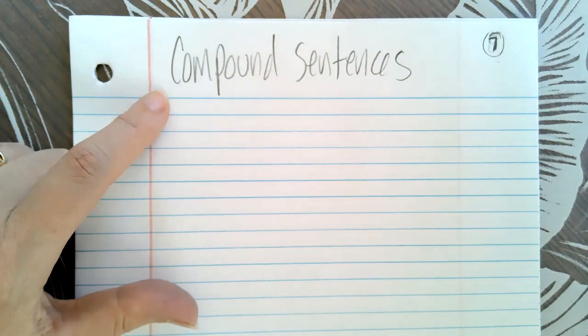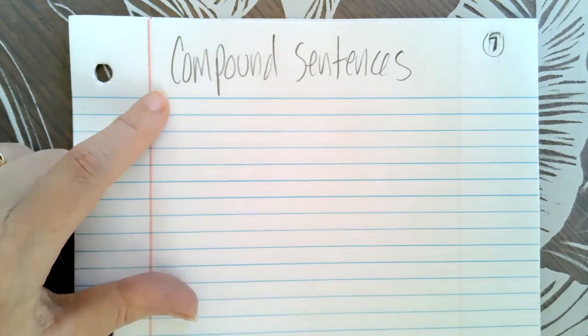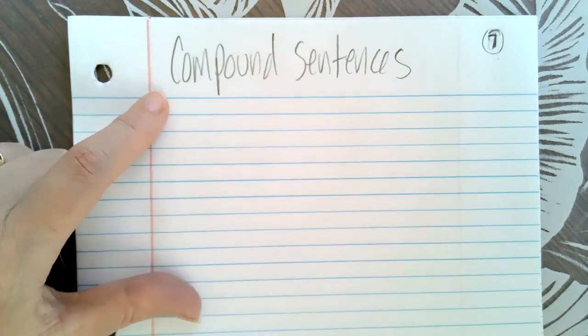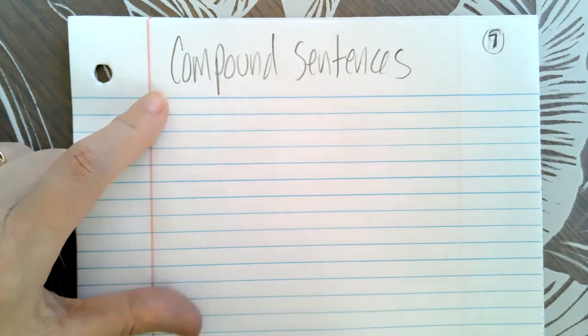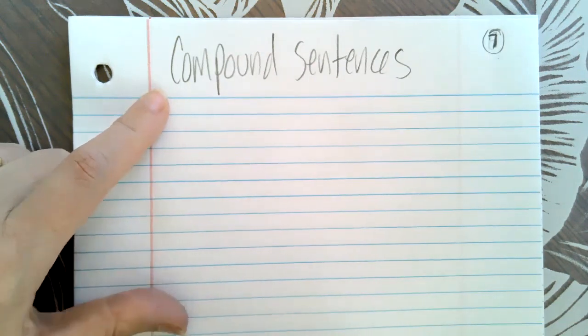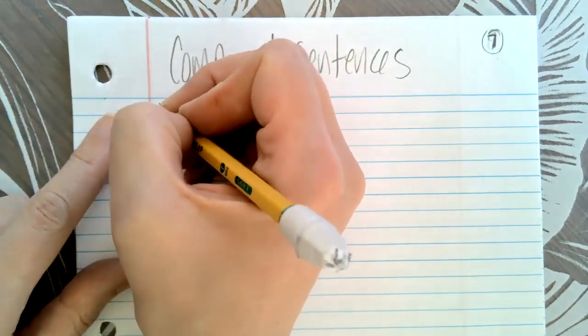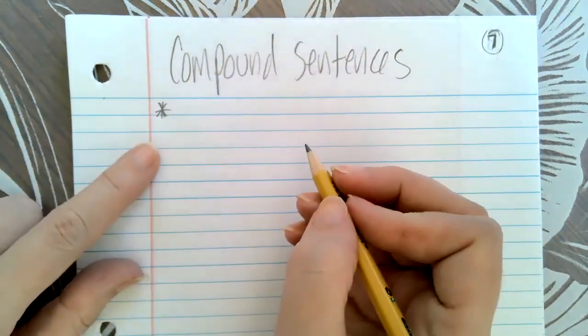Compound sentences are kind of fun to teach because this is where we talk about the boy fans, the coordinating conjunctions that I referenced in an earlier lesson. So compound sentences, we're going to use an asterisk and we're going to just kind of define what this is,